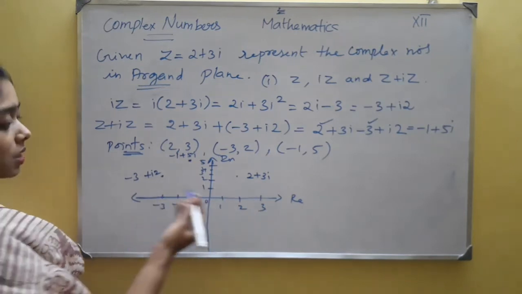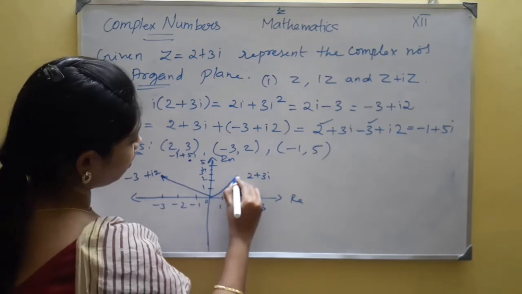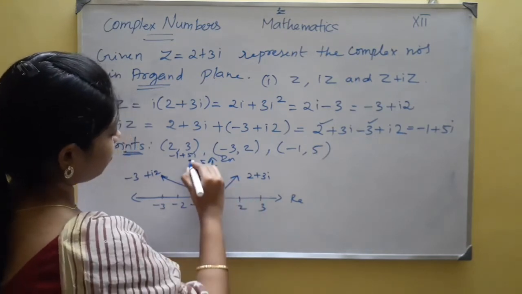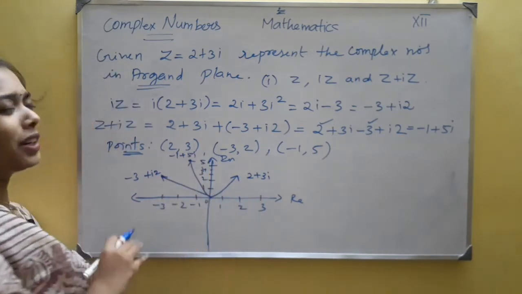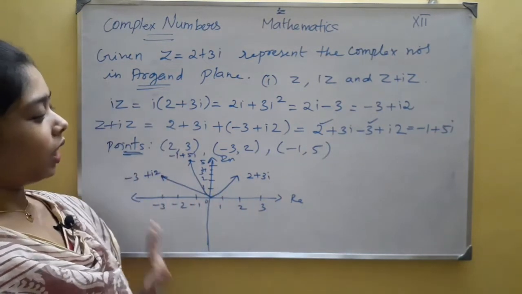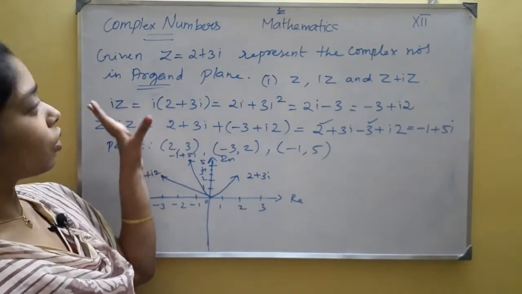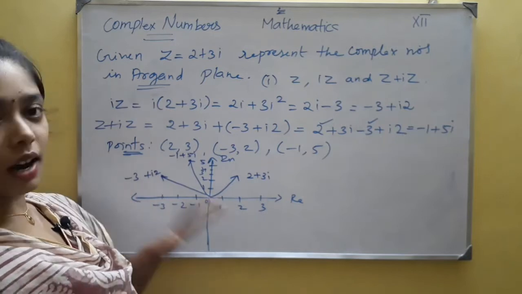Now, a complex number expressed as a vector means, okay, in this way. When they particularly mention expressing the complex number as points, you are just left with the points. When they mention complex numbers as vectors, you draw this arrow line. So you have to represent the complex number in the Argand plane.